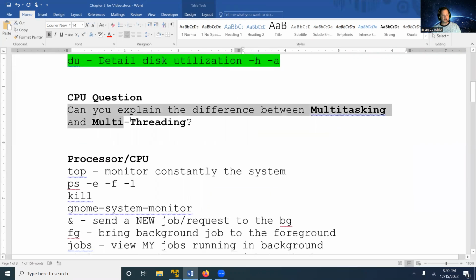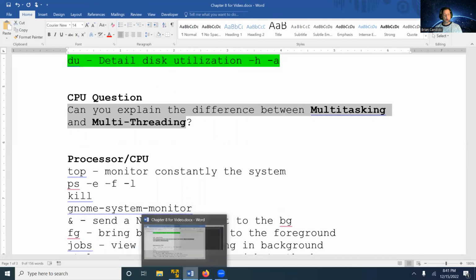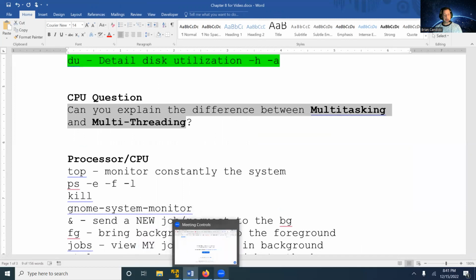to this question. I have a question for you regarding CPUs. Can any of you, or you who's watching the video, explain the difference between multitasking and multi-threading? I'll give you a moment, pause the video, think about it, ponder it, consider it, and then hit play to get the answer. Multitasking, if you could look along the bottom here, is I'm running VMware, Word, Firefox, and Zoom,